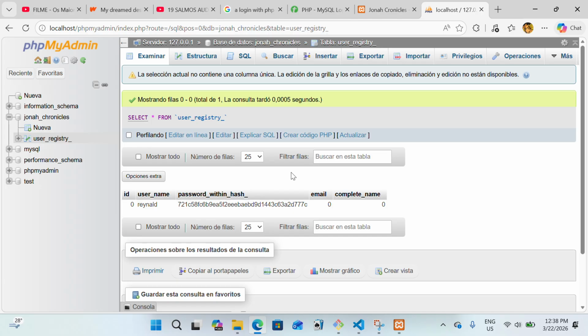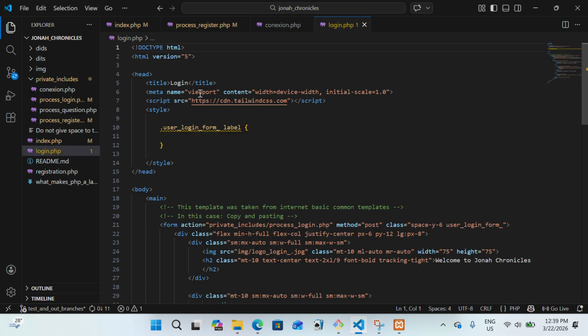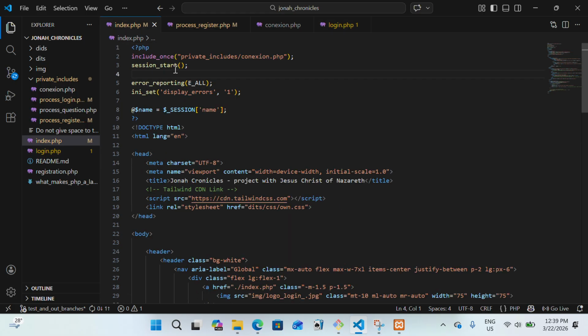So I'm going to pause the video, and in the next video we're going to make the login, because actually the login, believe it or not, is almost complete. What I'm going to do is to show you what are the changes that we are supposed to do for it to work. For example, one of the changes that I did was that,